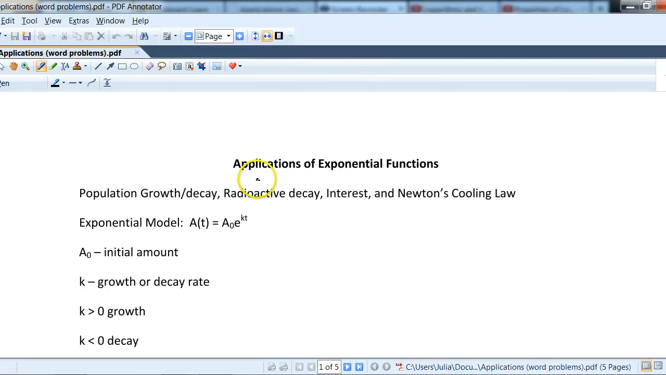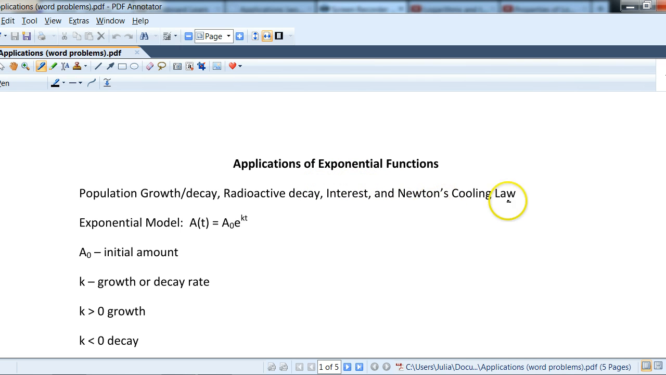In this video, I would like to talk about applications of exponential functions. There are so many interesting ones. These are just some among them: population growth, decay, radioactive decay, this is more chemistry, interest, which is actually mortgage, comes into exponential growth as well,